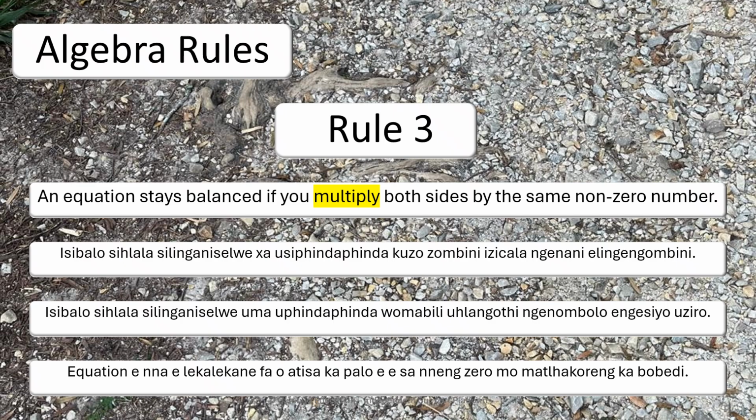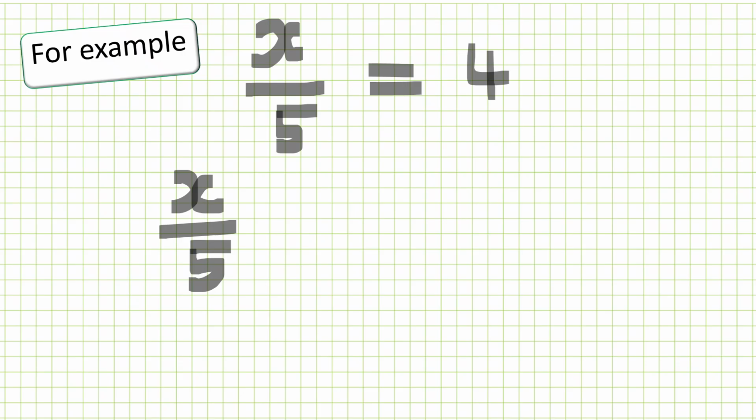Rule number 3, an equation stays balanced. The left-hand side is equal to the right-hand side if you multiply both sides by the same non-zero number. Let's have a look when we would do that. Once again, different languages there. If you want to read your language, pause the video. For example,